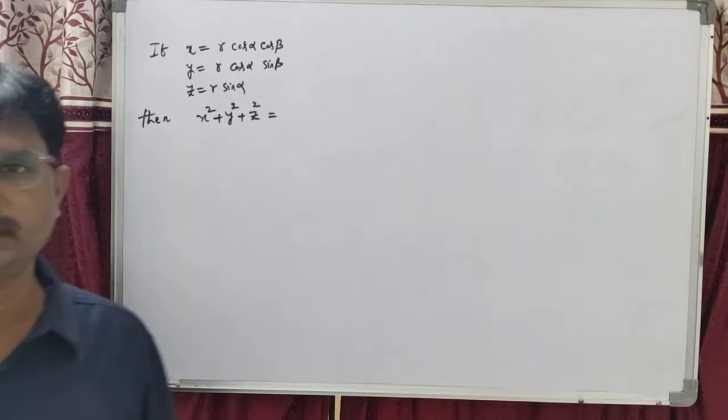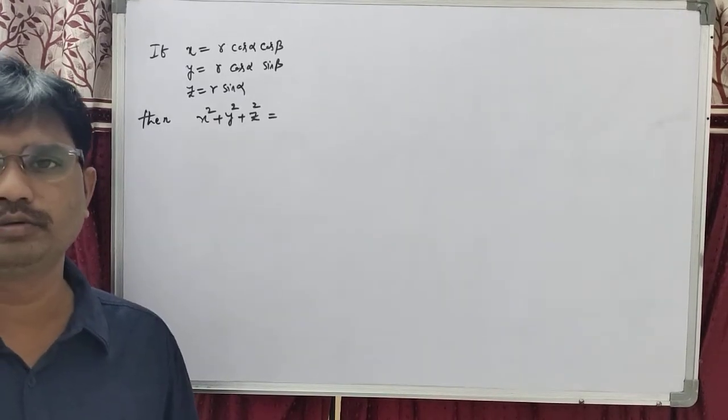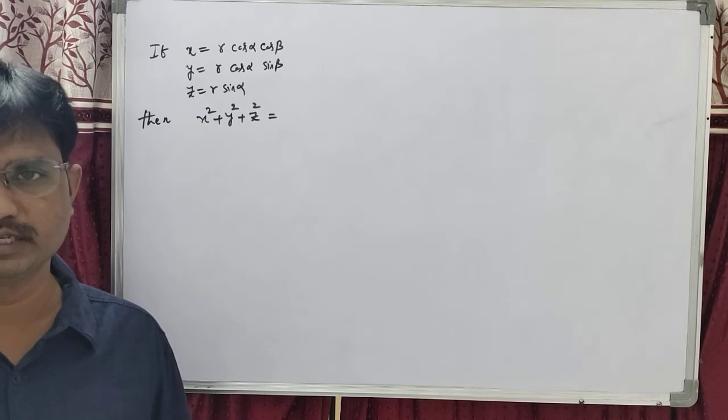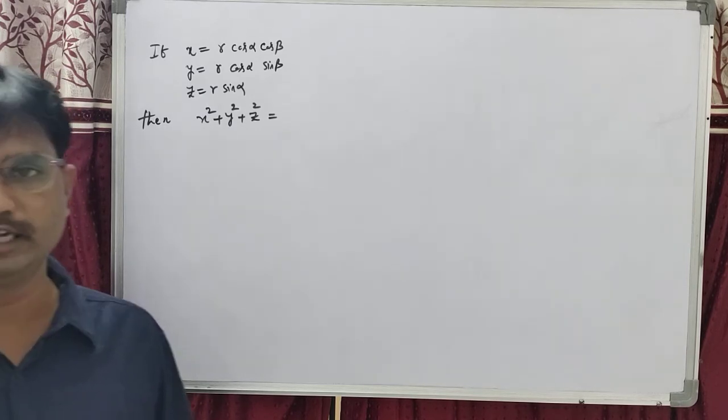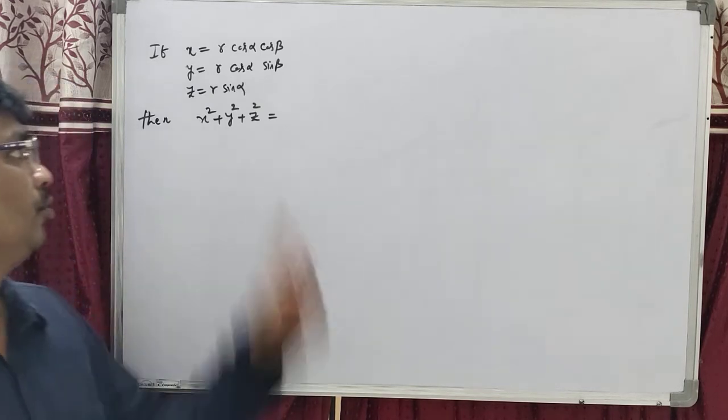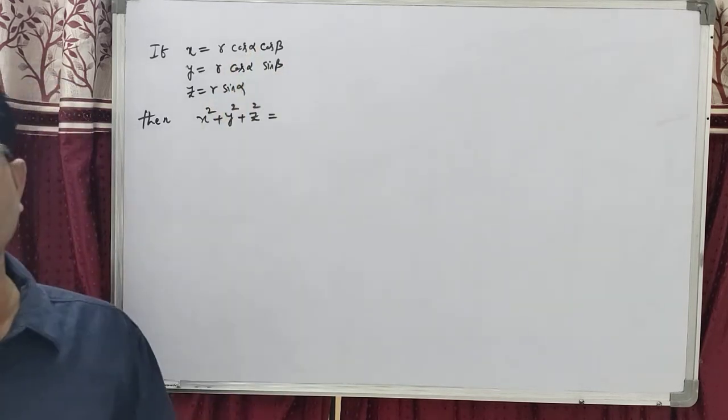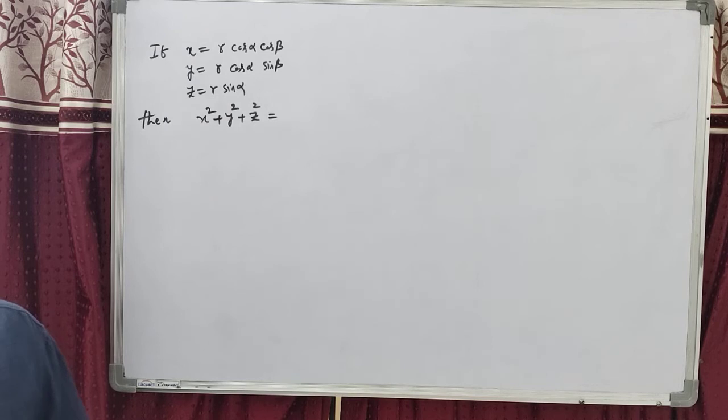Good morning, students. Today we are going to discuss some models in trigonometric ratios. Let us look at the first one: remove alpha and beta. What, students? Eliminate alpha and beta.